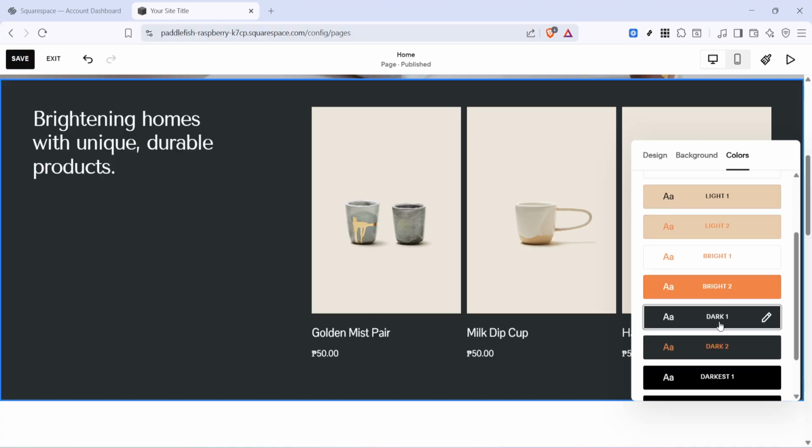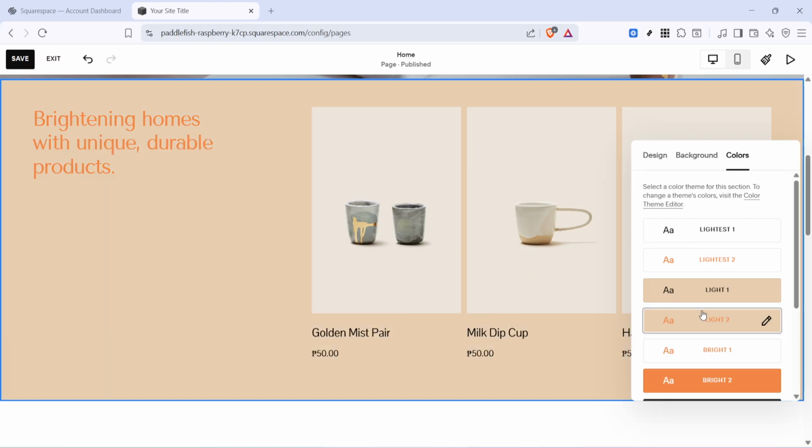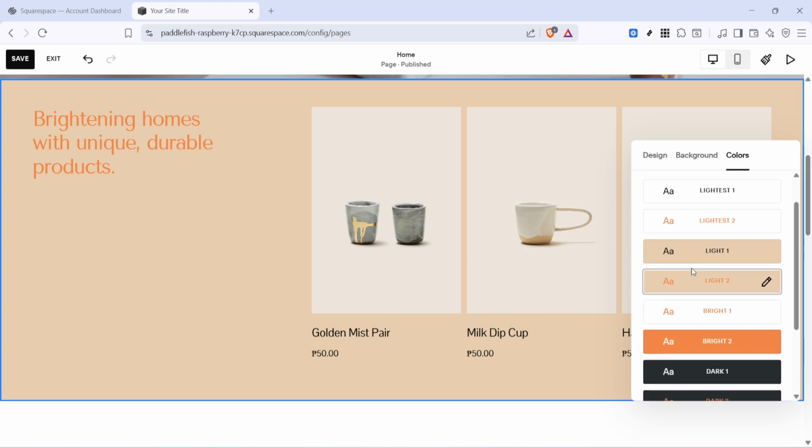If you don't like the first one you pick, just click a different theme. You can cycle through them until you find the look you want. Themes ending in 1 use black or white text, while themes ending in 2 pull colors from your site's palette for the text. Once you're happy with the color, click Save in the top left corner to save your changes